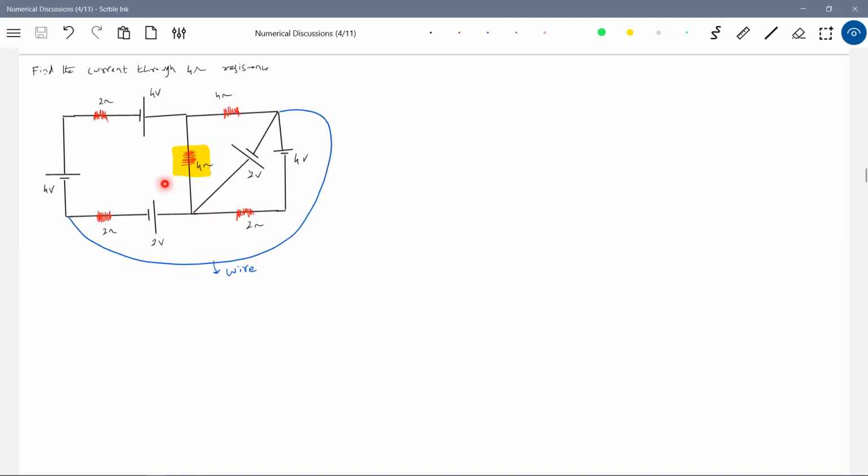Loop current is difficult, branch current method is difficult. Then nodal analysis, you can try, that is also a little bit lengthy. Again, you have to define the potentials. That is over. So anything series parallel is not possible. So what is the last option left over? Grouping of cells. So can we replace these 2 cells by one equivalent? Or all these 3 cells? But we have this wire. You can't bring this. Of course, you can replace these 2 by one single cell.